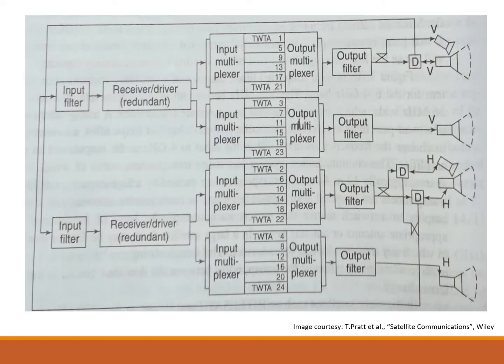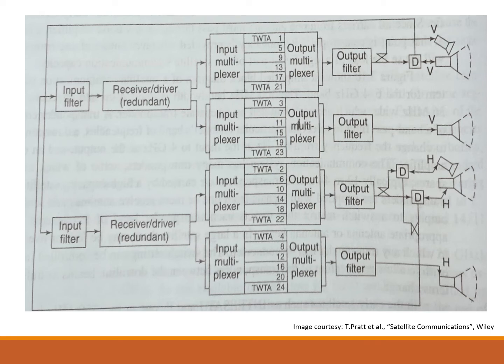Here, the figure or diagram which you can see on the screen is a typical satellite transponder. Here you can see redundant blocks are used and these blocks are used to increase reliability of the transponder to improve lifetime of the satellite. Then due to large bandwidth, the transponder can receive and transmit many signals at a time. Since the satellite cannot be installed only for one channel, most of the satellites have 12 to 24 channels.